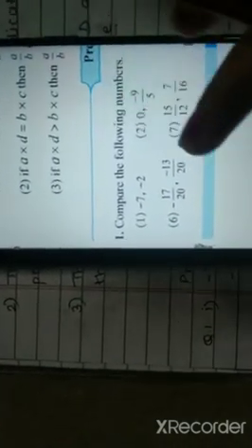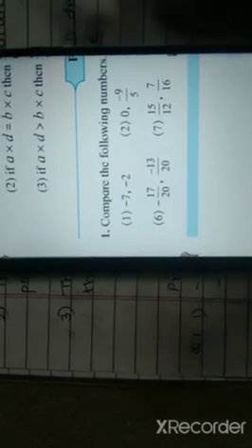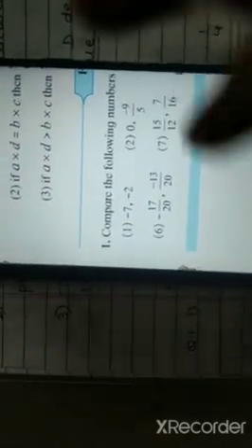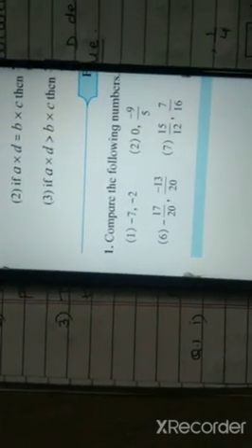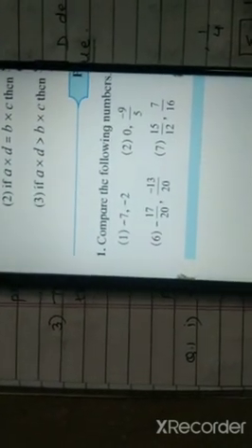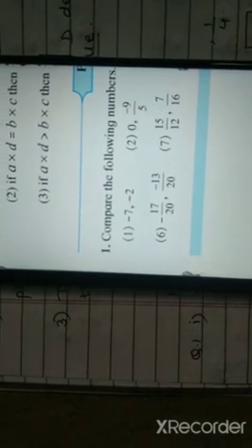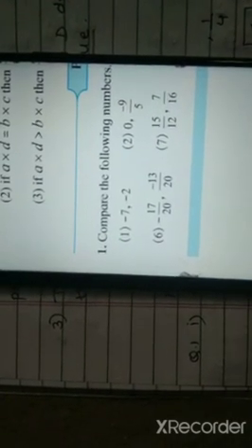Moving ahead to practice set 1.2. The question over here is, compare the following numbers. We are supposed to compare all the rational numbers given to us. Earlier, in the smaller standards, we have already compared using positive numbers. We were given 11 and 13 and we were supposed to find out which number is greater and which is smaller. Again a similar method is used, only the difference over here is that for all the negative terms the value changes.